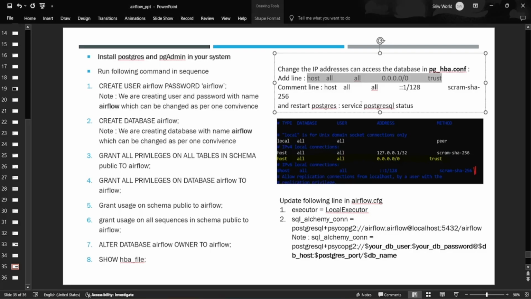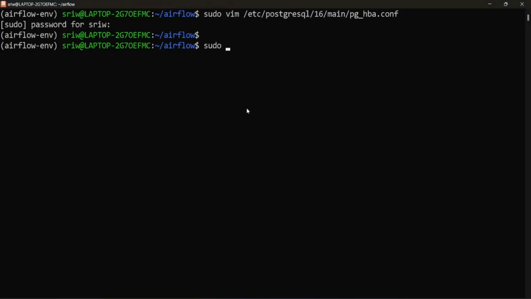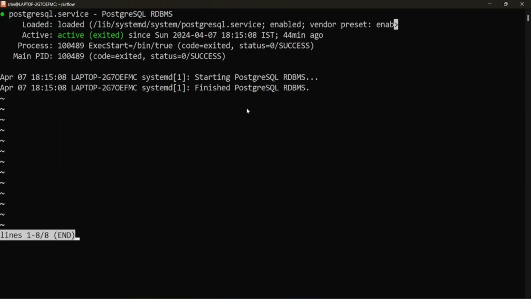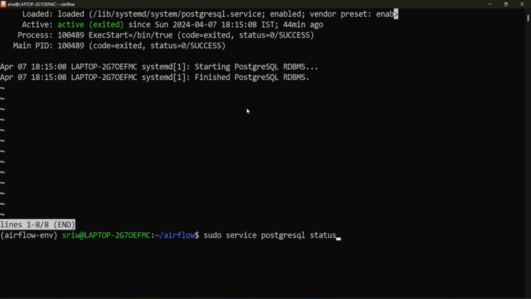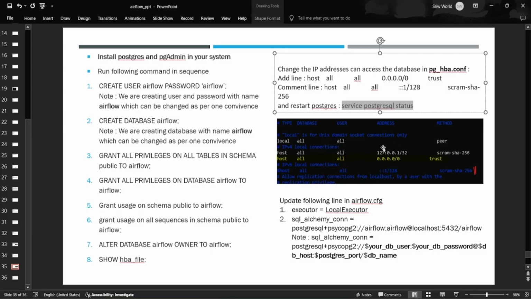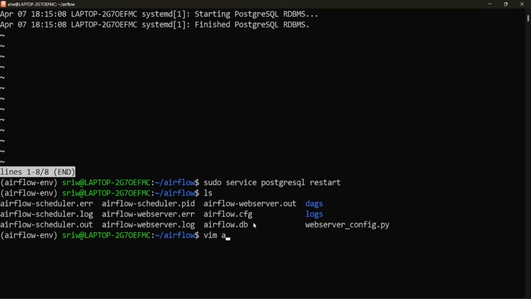As a next step, we need to restart the service of PostgreSQL. So let's restart it. Here you can see the status is currently active. We need to restart it. Now the PostgreSQL is restarted. Now we need to go back to our airflow.cfg file. So let's open our airflow.cfg file